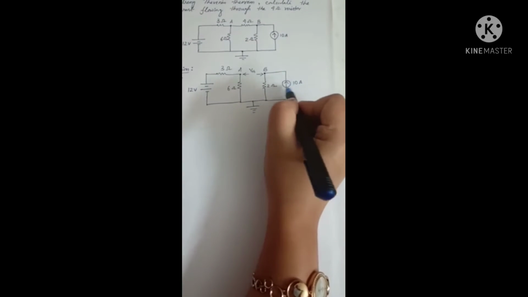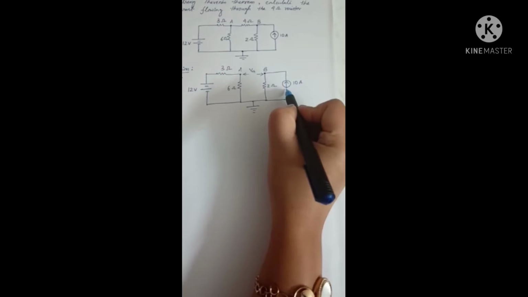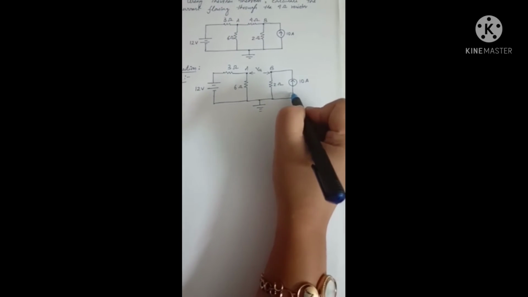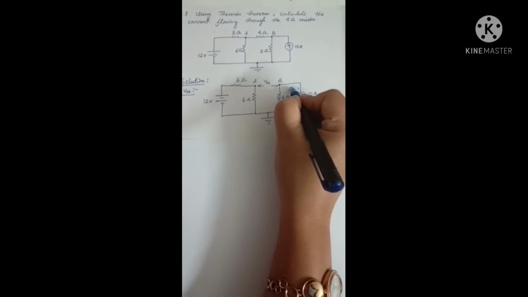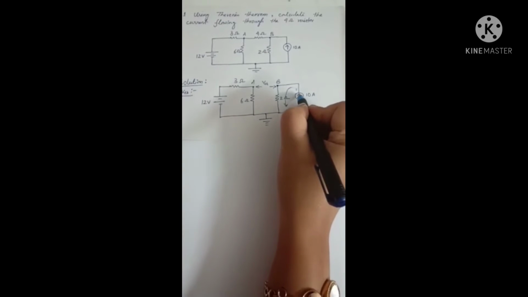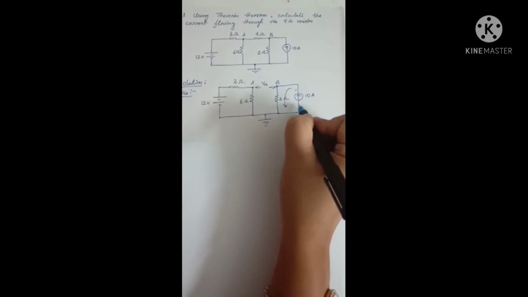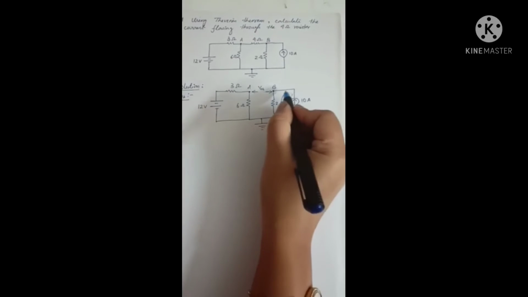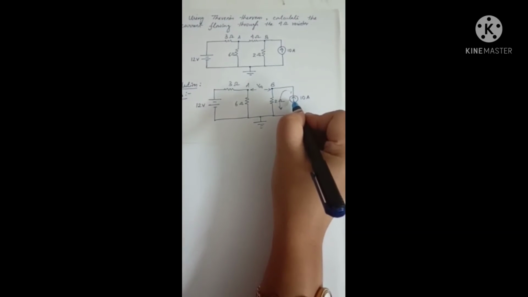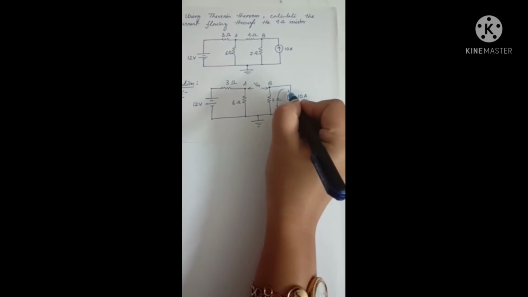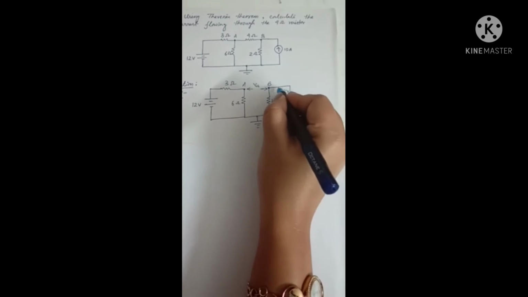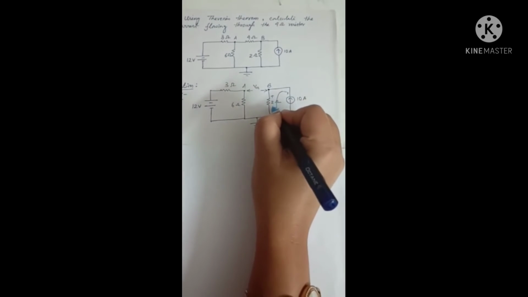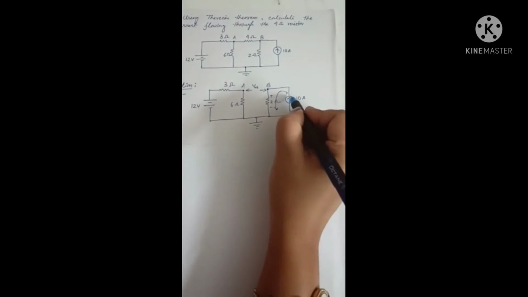Now here you see a 10 ampere current source is present in the circuit. The direction of current flow is upward. So how the current will flow? The current will flow in this way. It can't flow in this side because it has to return to the source again. So this 10 ampere current will flow in anti-clockwise direction. So since it is flowing in this way, this will be my plus terminal, this will be my minus terminal, because current is always flowing from higher potential to lower potential.